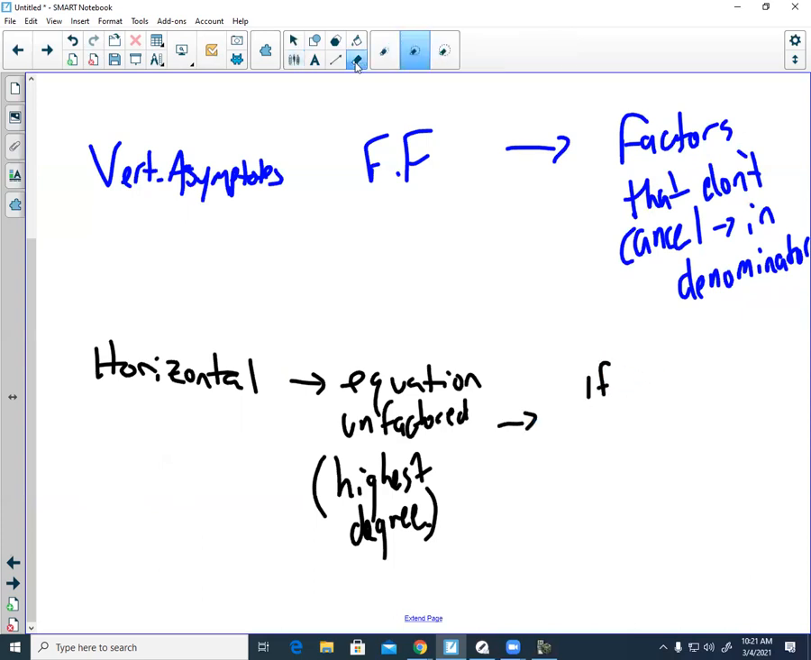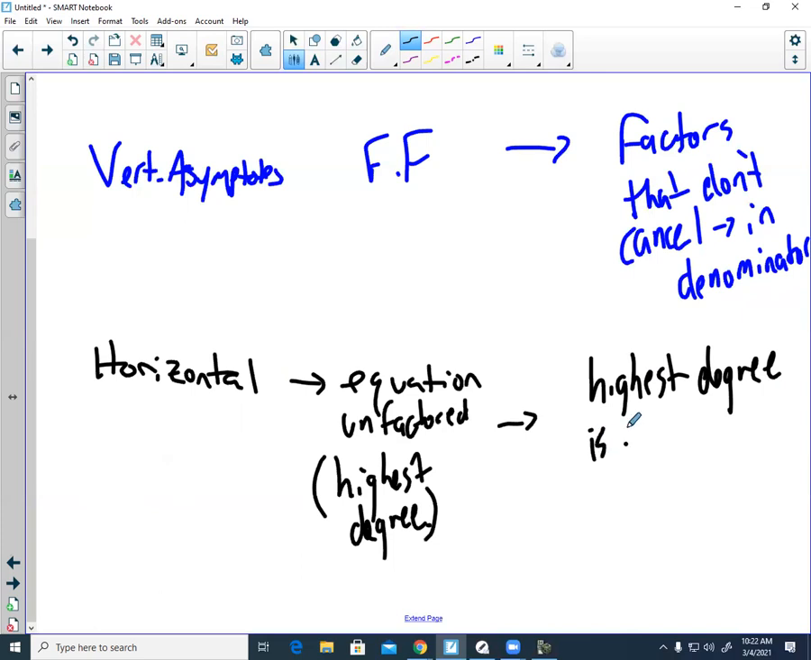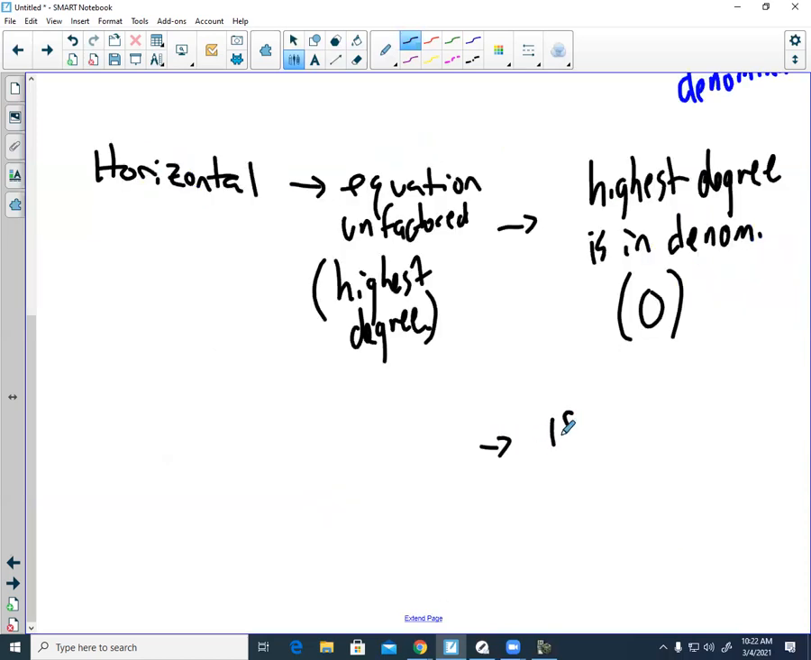So if you're looking at the unfactored equation, I'm going to say it like this. Horizontal asymptote is where the highest degree is in the denominator. 99% of the time, it's when the highest degree is in the denominator, and that means that the horizontal asymptote will be 0. Now there is one other case that it could be with horizontal,